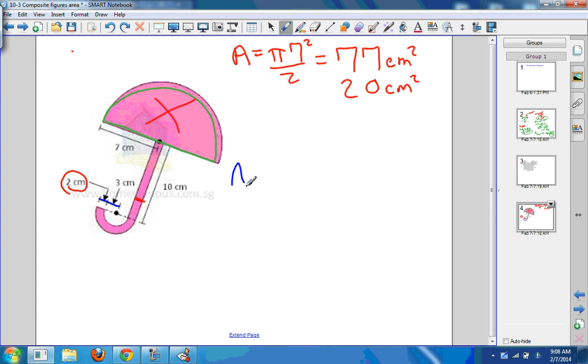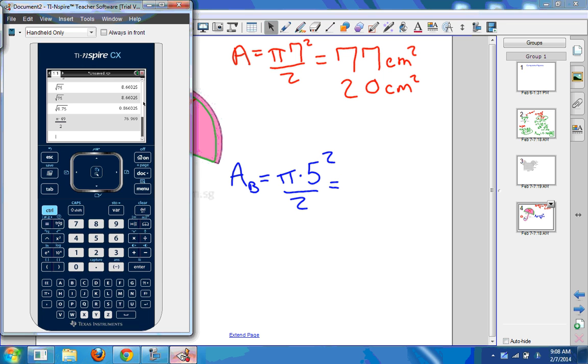So the area of, we'll call it B for big circle, is equal to pi times the radius squared. But we know that that's just half of a circle, so we're going to divide that by 2. Let's get out the calculator. And we have pi times 5 squared is 25, divided by 2 is equal to 39.3